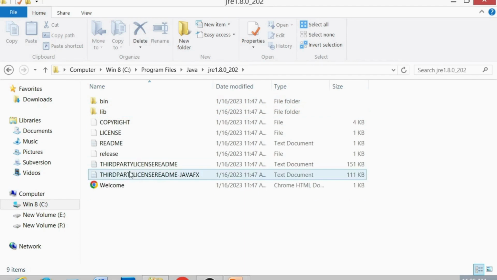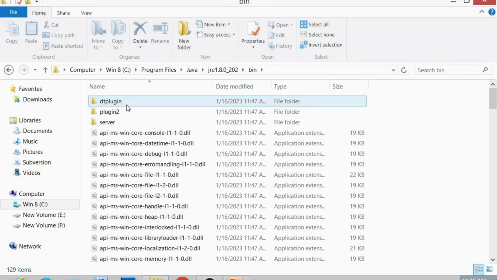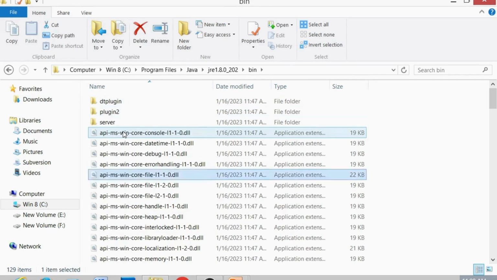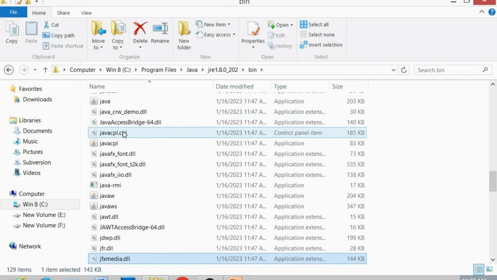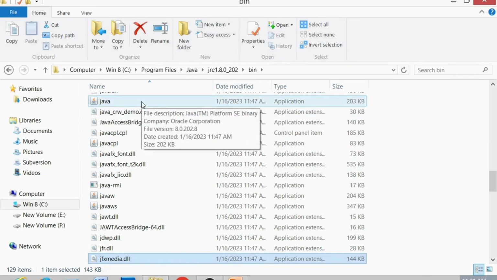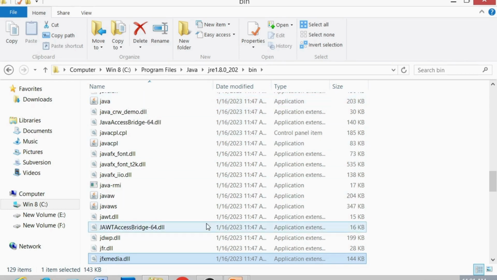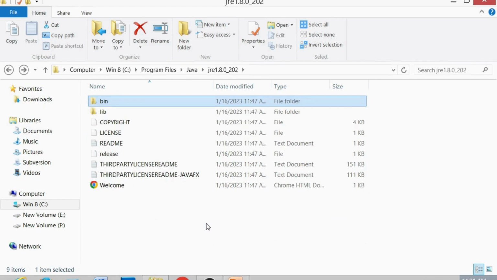You see here bin and lib, the binary files and the libraries it will use to run any of our applications. And here you can observe one thing. If you come down, there are again some binary files. You saw there is java and javac in the JDK, but here you can't find javac because we are not compiling, we are just running in the JRE, so java is enough. So this is all about JRE. Hope you got clarity on JDK and JRE.